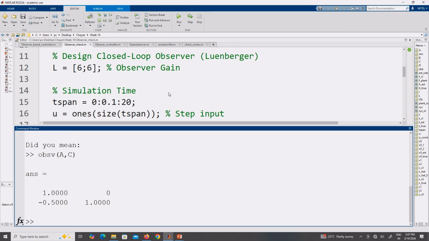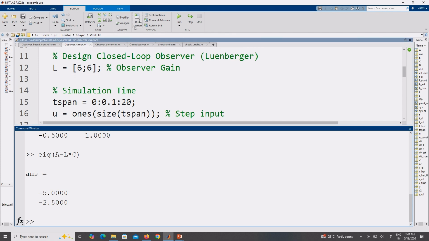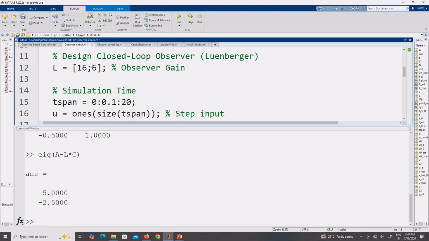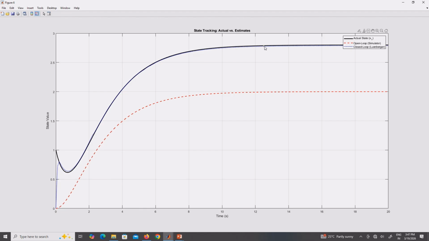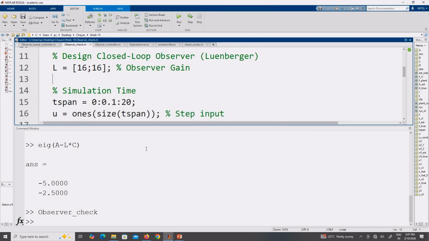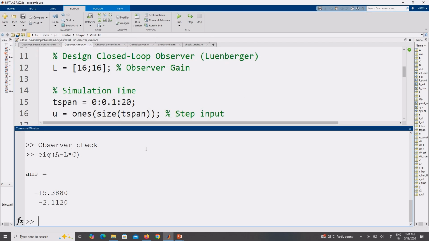Okay. What is the eigenvalue of A minus LC? Remember, A minus LC is the matrix that governs the error dynamics: e dot equal to A minus LC into e(t). So, the eigenvalues of that are minus 5 and minus 2.5. If I change the L to say 16, let us see how it will change. Now you see the estimated states are much closer to the actual states. It is going faster towards the actual states, because now you can check that the eigenvalues of A minus LC are also further away from the